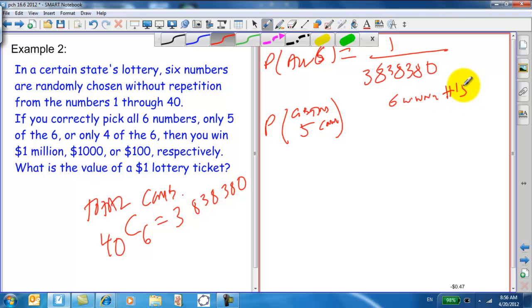And you're going to pick 5 of those. So it's going to be 6 choose 5. And then your 6th pick is going to be from the losers. So it's 36C1. So let's see what that works out to be. That's a lot more than 1. So it's going to increase the probabilities. 6C5 is just 6. And 36C1 is 36. So we end up with 216. 216 out of the same